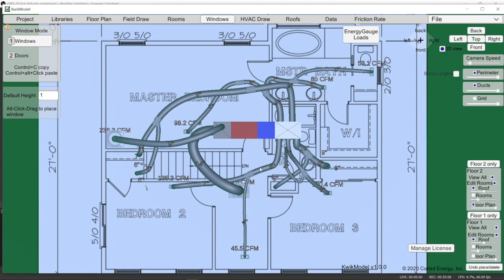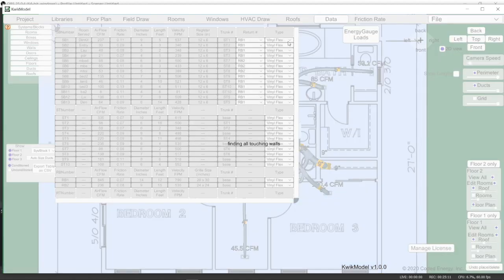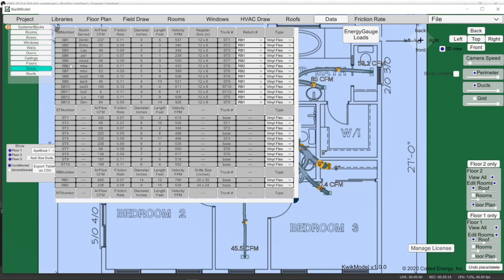Just as a starting point, you could also print out the duct table to show lengths in feet and diameter, so they could add up all the 9 inches and figure out how long they need to be. I forgot to mention we do have velocity here. You can also size each of the supply registers. They default to 12 by 6, but you probably want to come through, if you wanted to get that precise, you could size each register. Here's our return grills down here. So this duct table is almost a parts list. You can also go to the friction rate table,